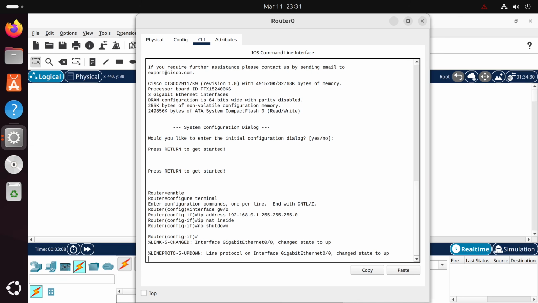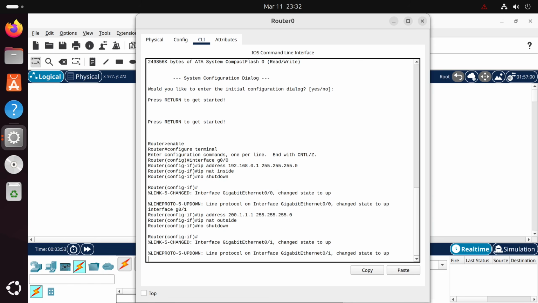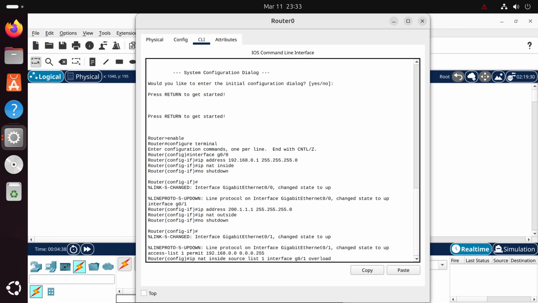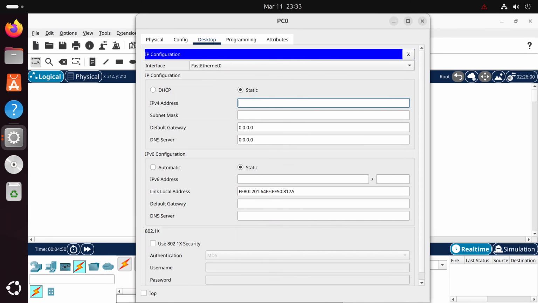On that interface, we activate IP NAT inside. Then we configure the other interface with the 200 network. On that interface, we activate IP NAT outside. We add an access list and NAT source. We configure PC 0 with the IP 192.168.0.10, mask 24, and gateway